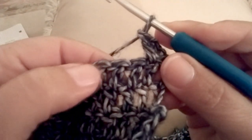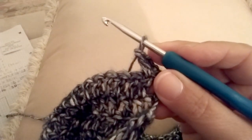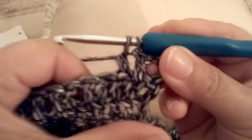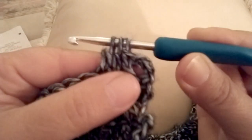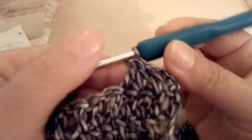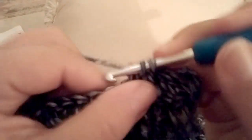And now into the stitch number 3 and 4 I will do 2 halfway double crochet finished together. Yarn over into the next stitch, halfway double crochet, 2 loops on my hook. Yarn over into the next stitch, 1 halfway double crochet, 3 loops on my hook. Yarn over, finish together like that. That's my first decrease. Then I continue working double crochet 1 in each of the next stitches till I get